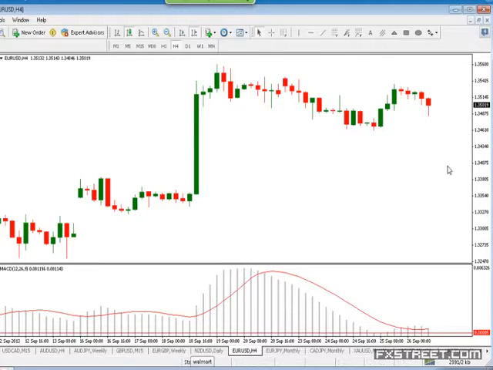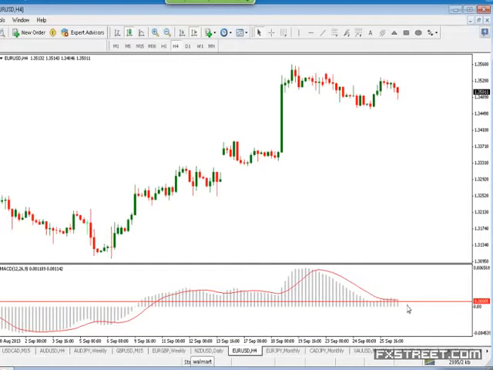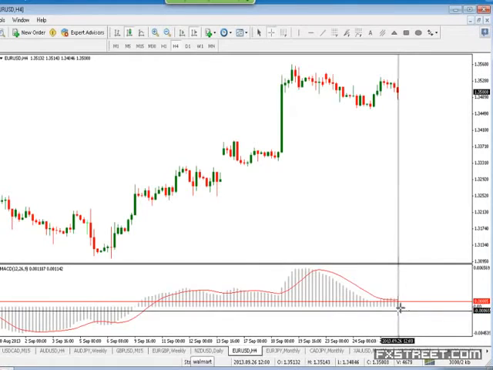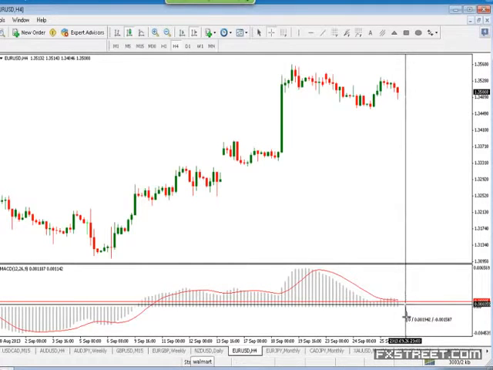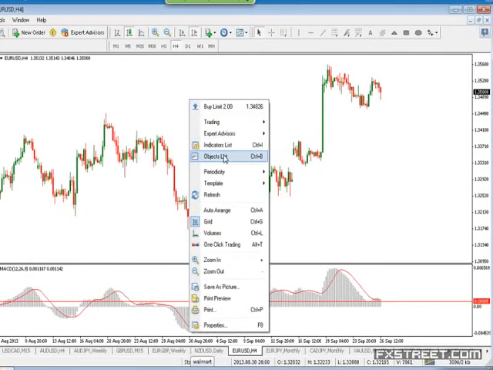Now, what I would look for is the next histogram bar. If I have a complete histogram bar, a next histogram bar, which forms completely below this line, it should not be above. The last particular bar is also above the line. A histogram bar which will form completely below this, if that forms, then I would start looking for shorts. That would be my indication. Once again, I would rather confirm with a break of a trend line, but this is one place where you can really look. This works on all time frames.